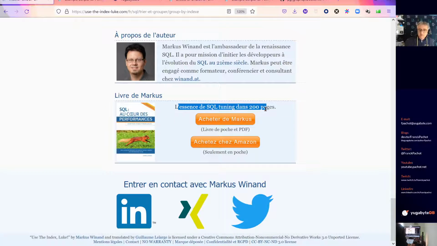This book has the same and even more. Very well explained, a lot about indexes, but not only about indexes. This is the book I recommend to any developer who wants to learn about SQL and write efficient SQL